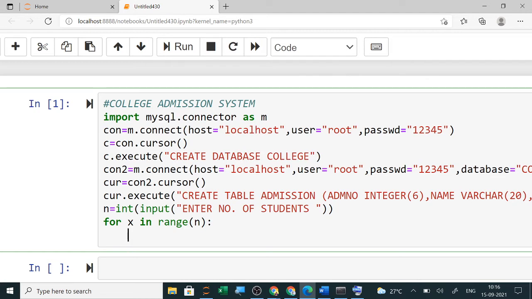Now for inserting values, to be user friendly, I will ask the user to enter all the values: admission number, name, course and fees. So admission number equals, I will ask the user, enter admission number.